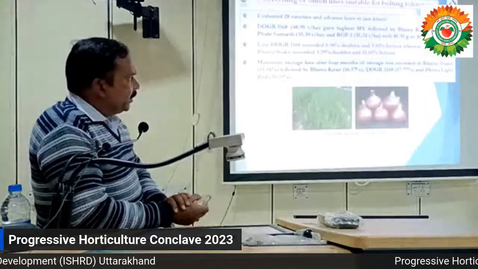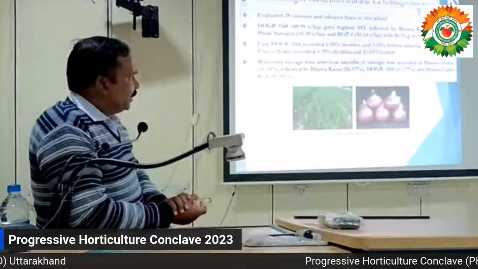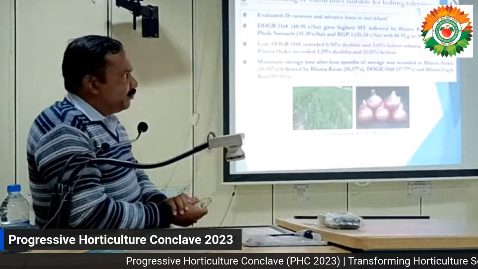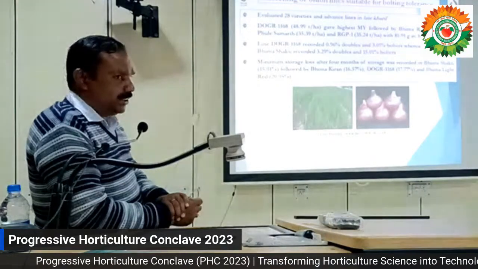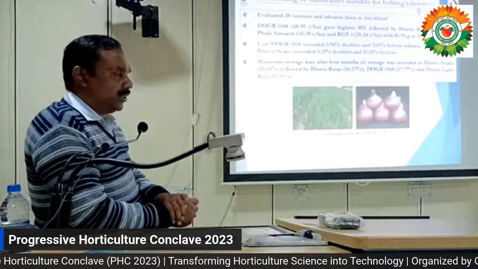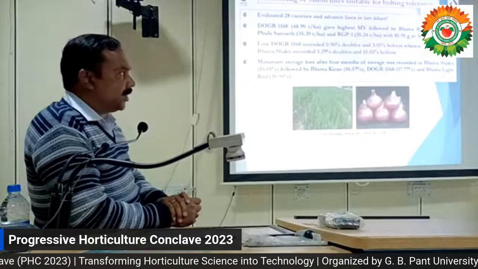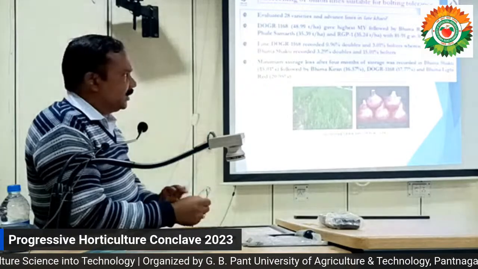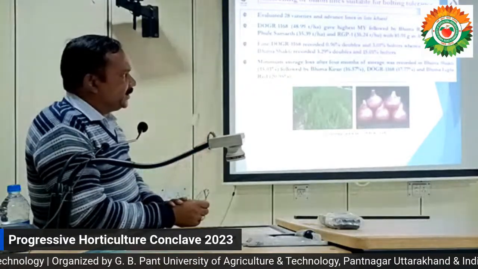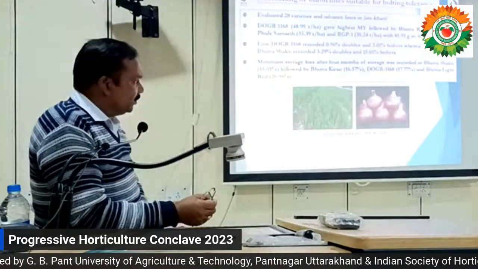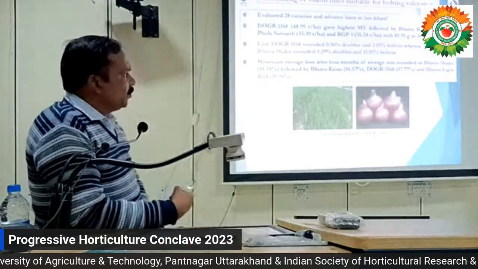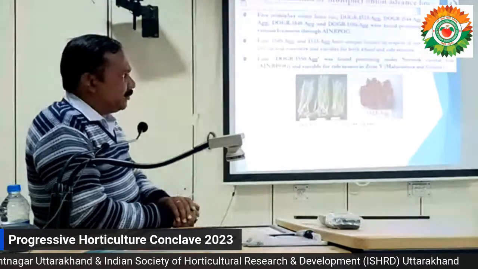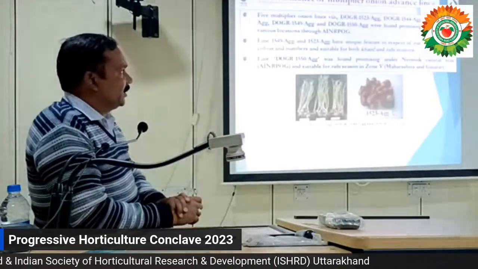We are also working on bolting tolerance. Bolting is a major problem during Kharif and late Kharif season. If bolting occurs in a seed crop, it is desirable, but if bolting occurs in the main crop, it is undesirable. So we have identified some lines which have less bolting, less than 5%, but a good bulb yield, which are under trial and have entered the network trial for further multi-location evaluation.